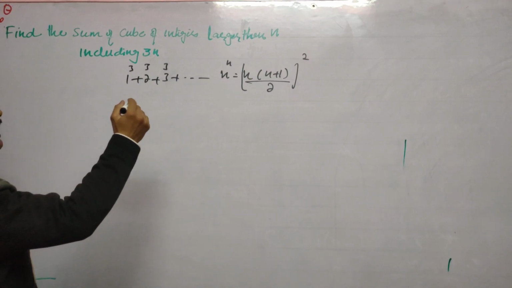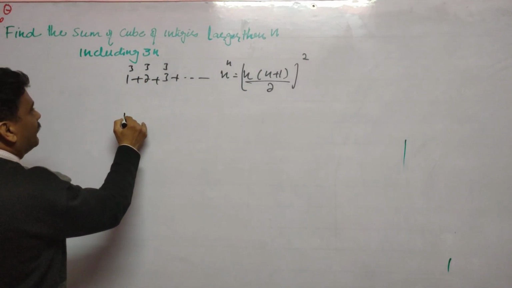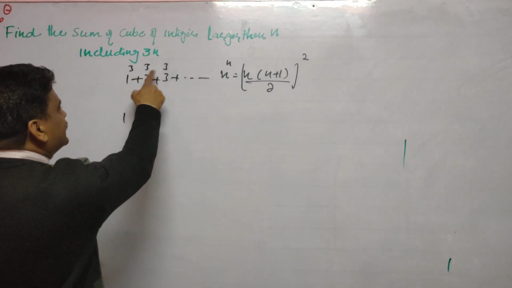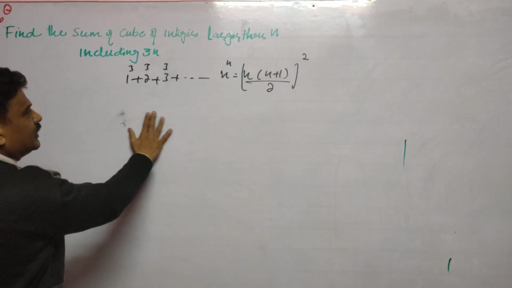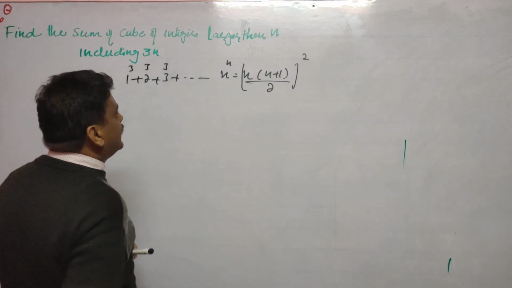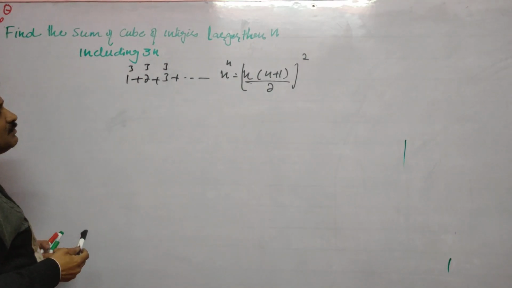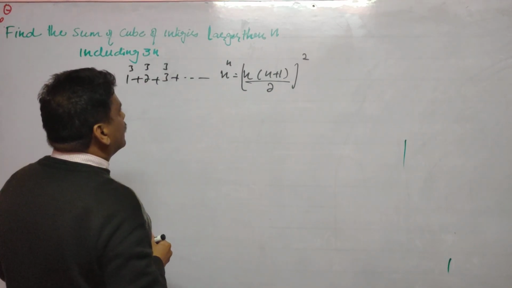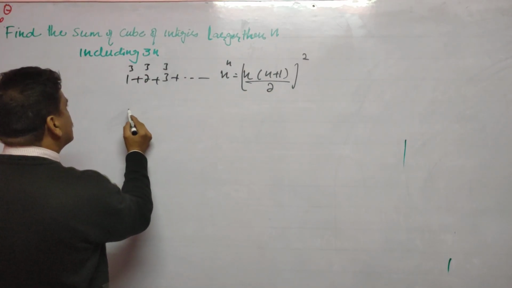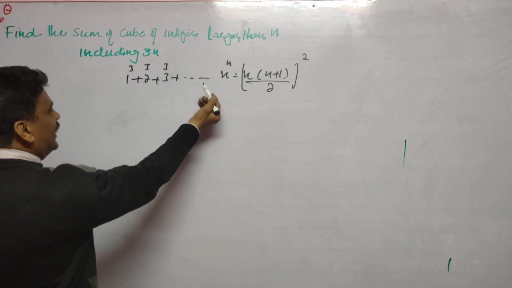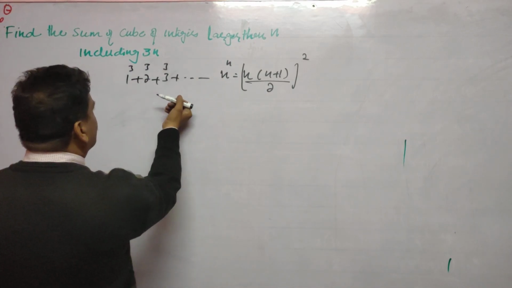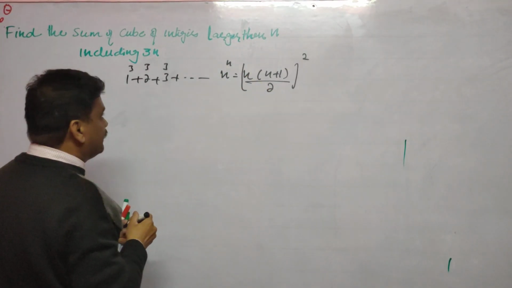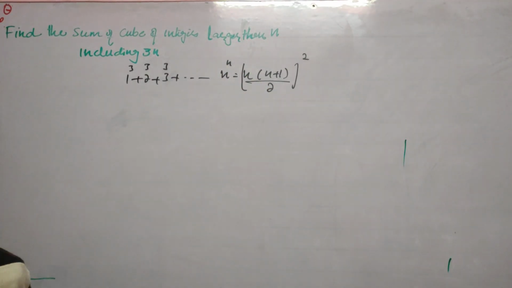You know the sum of cubes of integers up to 3n terms, we just replace n by 3n. Sum of cubes of integers up to 3n. We just replace n by 3n. We write here